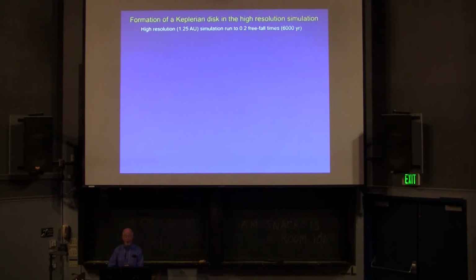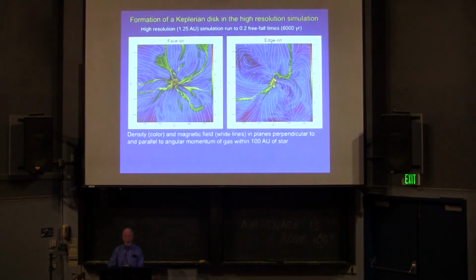So this is our high resolution run, and we ran to 2/10 of a free fall time. Here are a couple of density slices showing you what it looks like. The scale here goes from plus or minus 500 AU, both on the X and Y axis. We're looking down on the plane. This does not look like your normal disk. The magnetic field direction is given by the white lines here. And then this is an edge-on view. This again does not look like your normal disk.